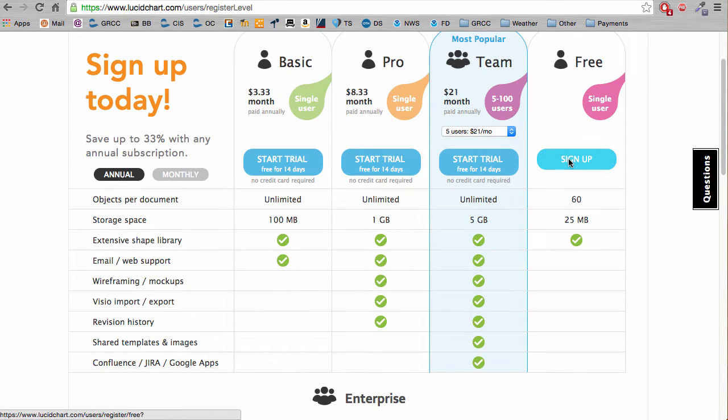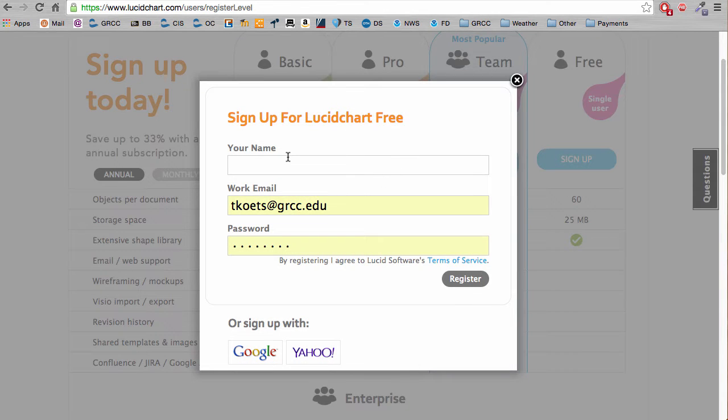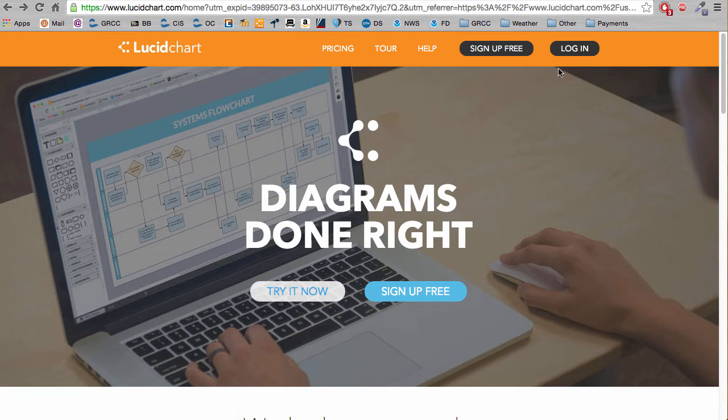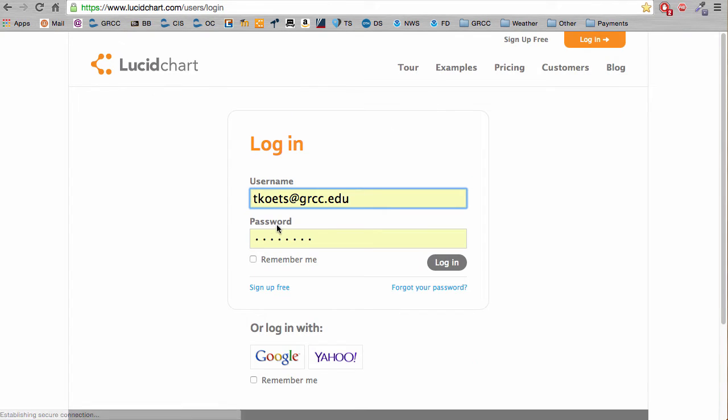So you click sign up, and I've already signed up, so I already have my username and password, but basically you type in your name, your email, and your password. You click register, and you might get an email just kind of confirming your account, but anyway, it's pretty straightforward. So once you've done that, then you go back to their website, and this time you click login. And again, I have my stuff already ready to go, so I'm just going to click login here, and